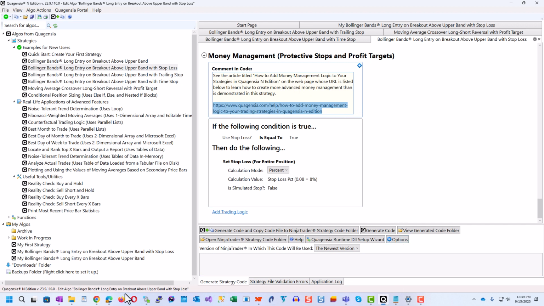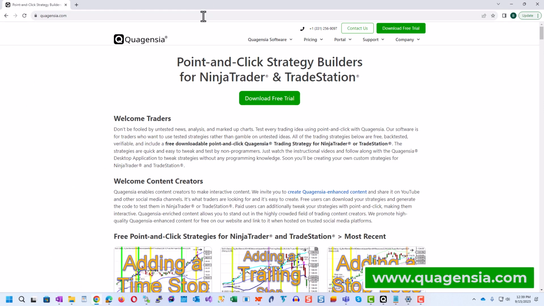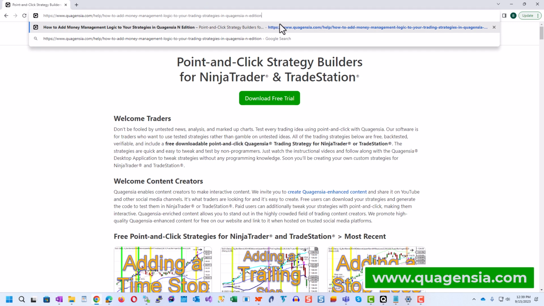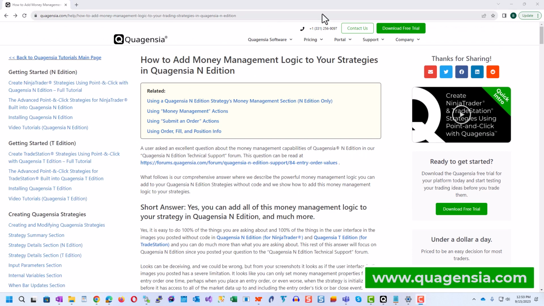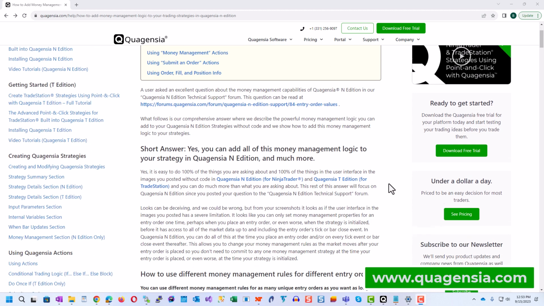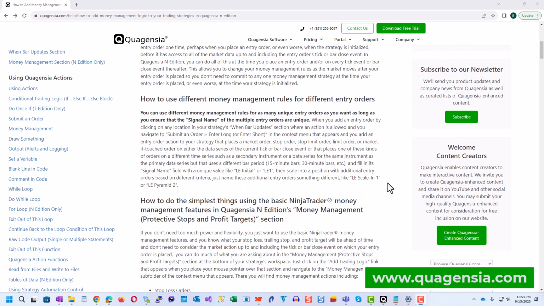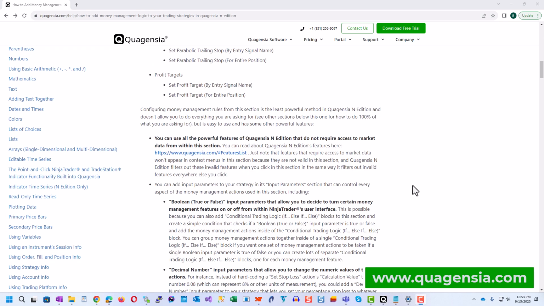So we're going to copy that, paste it into a browser, and from there you can check out some related articles, and you can read the article that will answer some of the more complicated questions you may have.